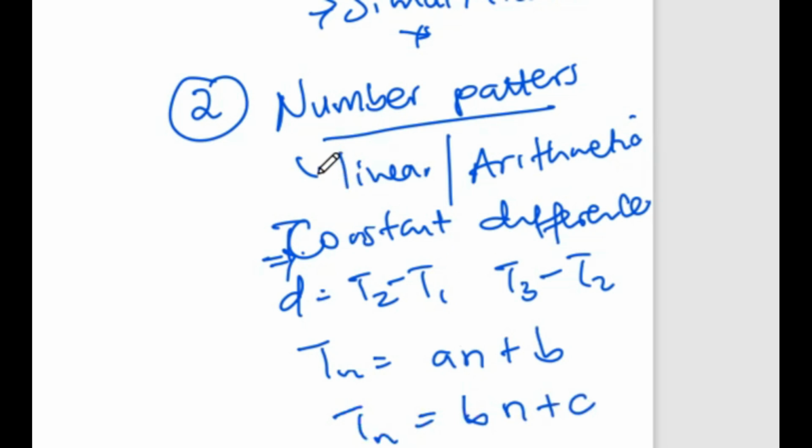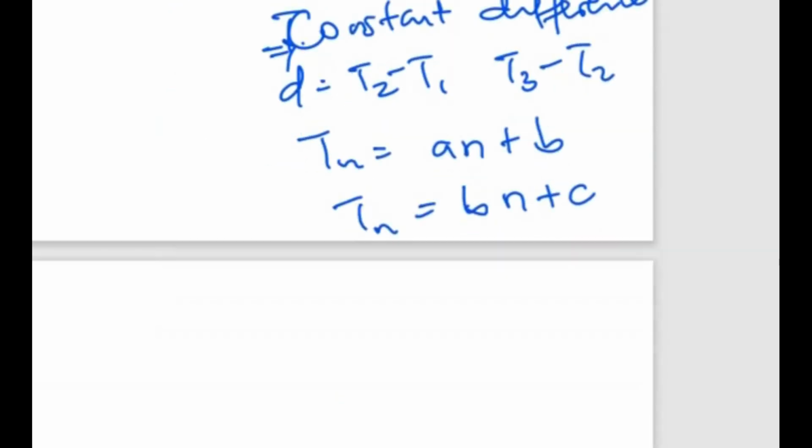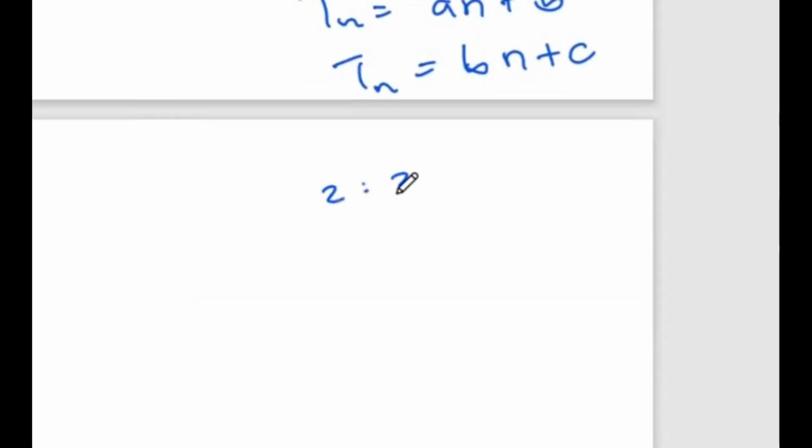Now, what happens in grade 10 is that it could come just as plain numbers, where they give you 2, 5, 8, 11, and then they ask a whole lot of questions: writing the next term, determining the general term, which term has a value of this, or in which term can we get this many blocks or sticks.